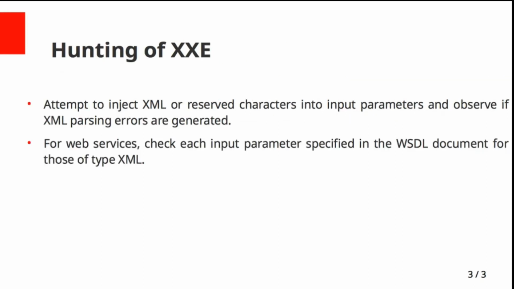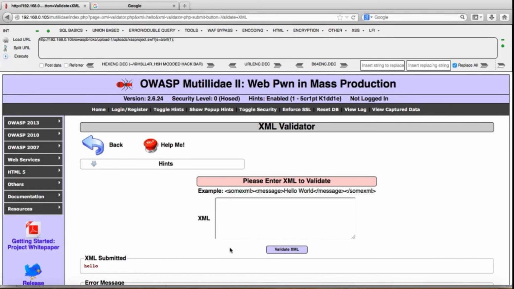See this. Hunting for it involves attempting to inject XML or reserved characters into input parameters and observing whether XML parsing errors are generated or not. You have to find the type of XML parameter, the input type of the XML parameter, then you can use your payloads. So see this. If I'm using a food tag there and I'm giving a text,